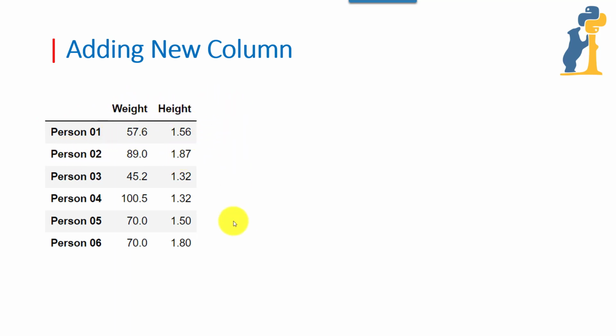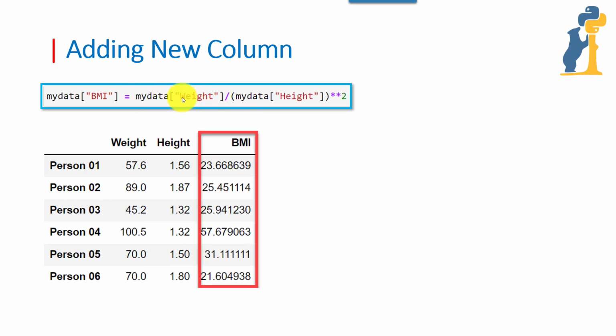If you decided to add a new column, that is BMI calculated from weight and height, all you need to do is just type this sentence. Okay? Here you need to select the weight column divided by the height column squared.